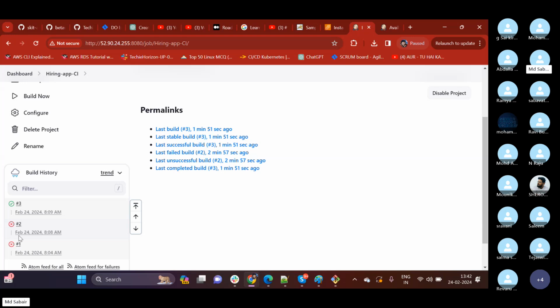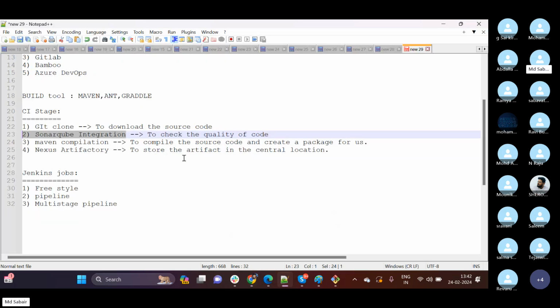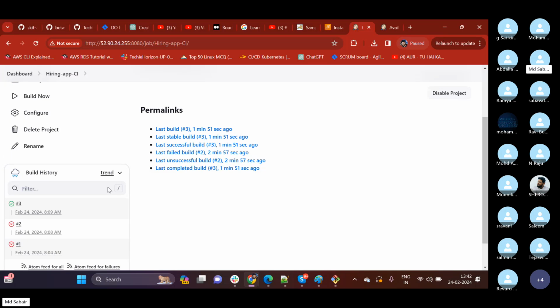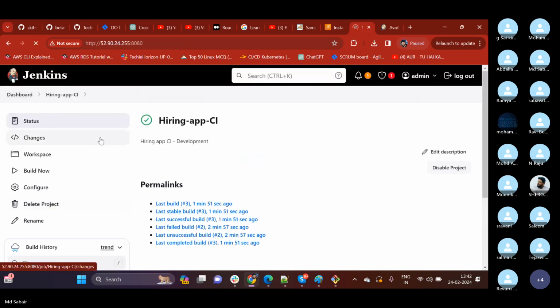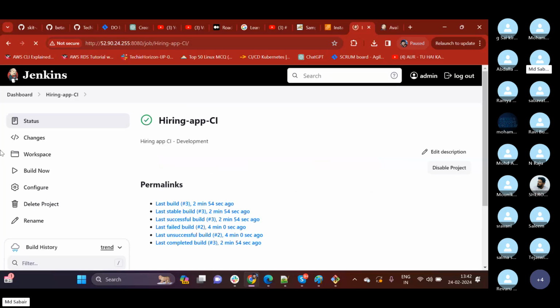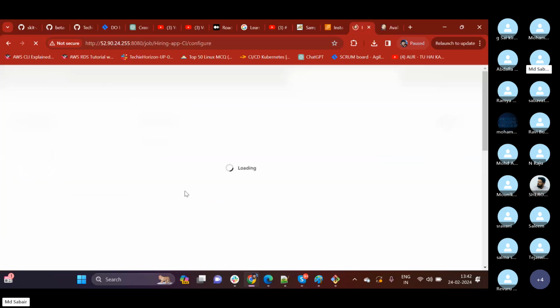Okay, so now we have executed one stage. The remaining stages we'll discuss in the next session. For now, let me show you one more thing here. If I open this job configuration,